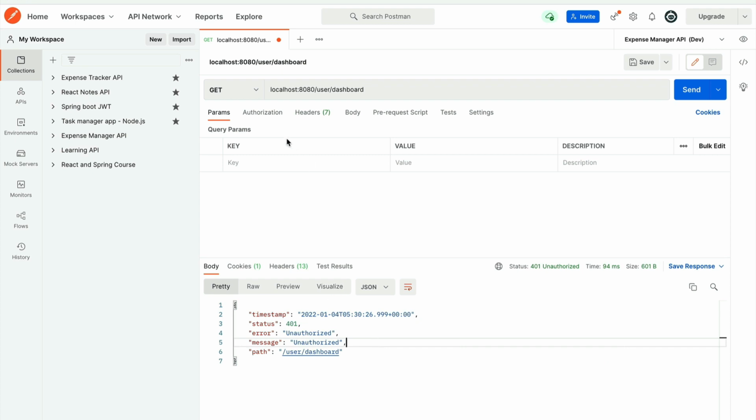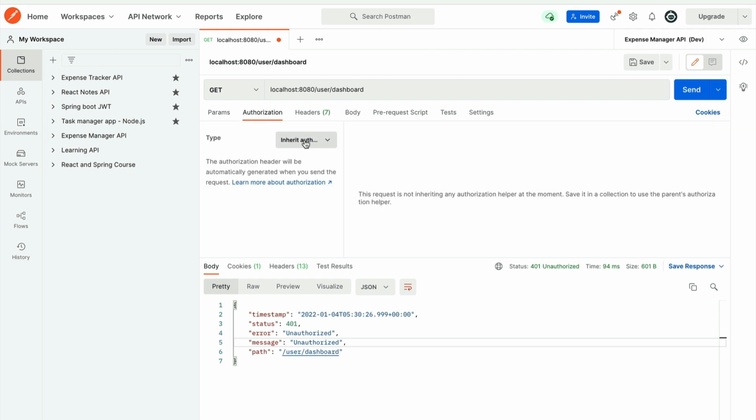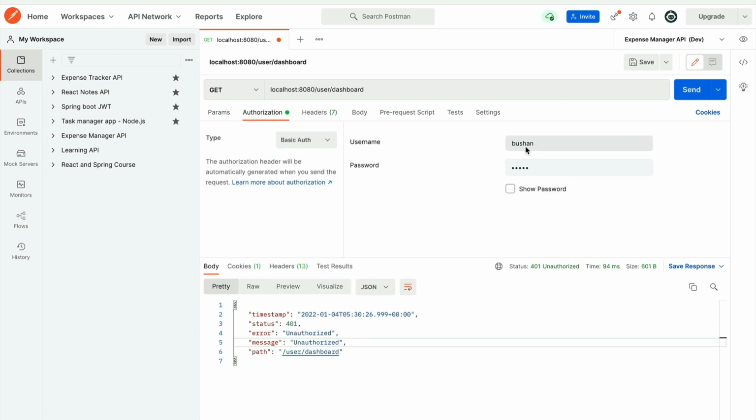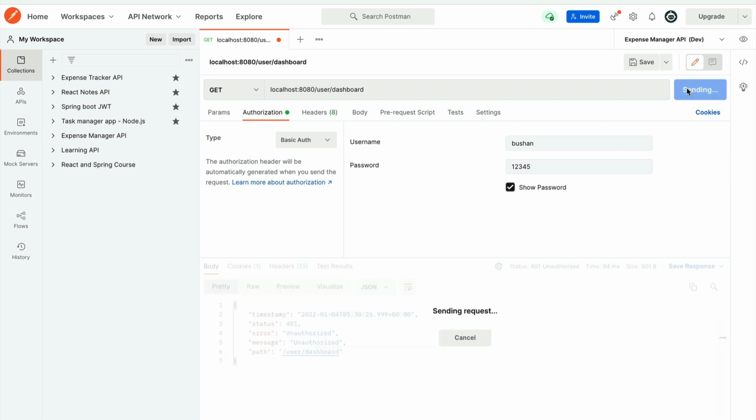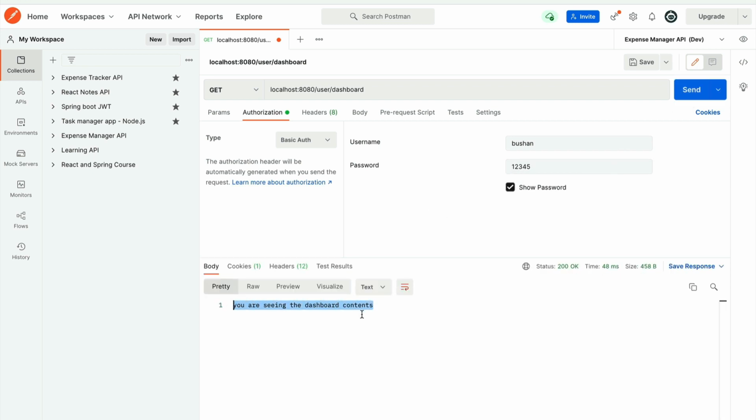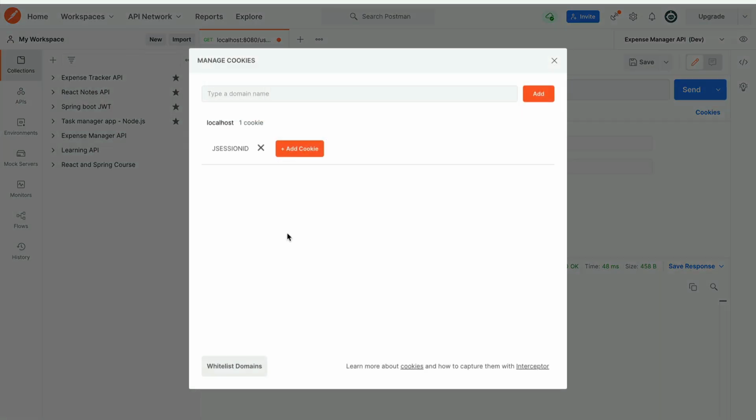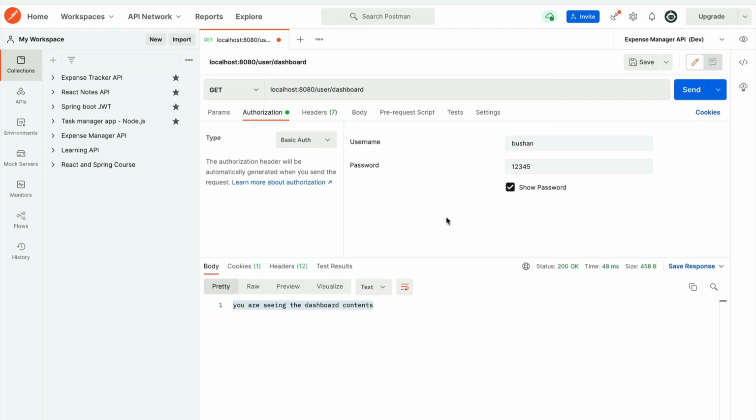So I'll go to the authorization and choose basic authentication, and I will give the name Bhushan, and the password I'll choose 12345. You can see now the moment we click send, we get the message you are seeing the dashboard contents. Awesome. Let's try for one more record. Let me remove the session ID from the cookies.